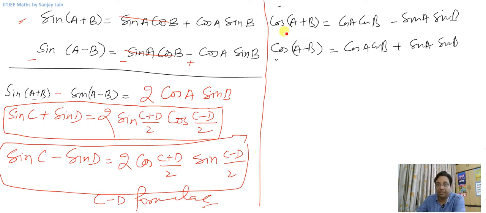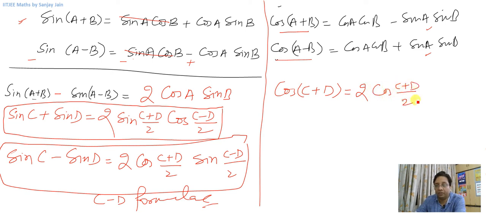And similarly, you can do the same operations with these. So you will have cos C plus D, right? When you add these, you will have cos C plus D, and when you add these, you notice this will get cancelled. So the entire expression that you will have on the right hand side will be in cos. So 2 cos C plus D by 2 cos C minus D by 2.